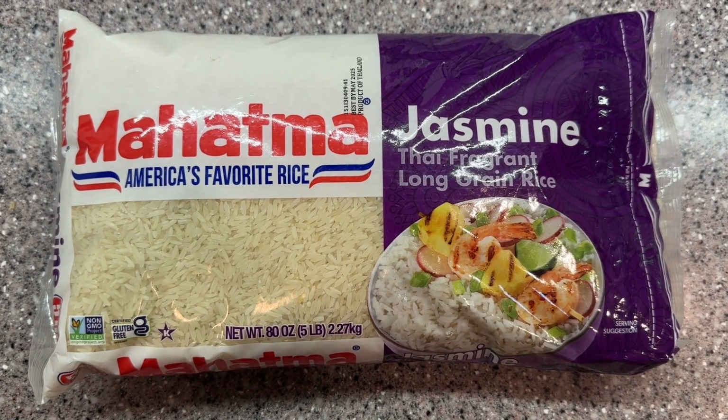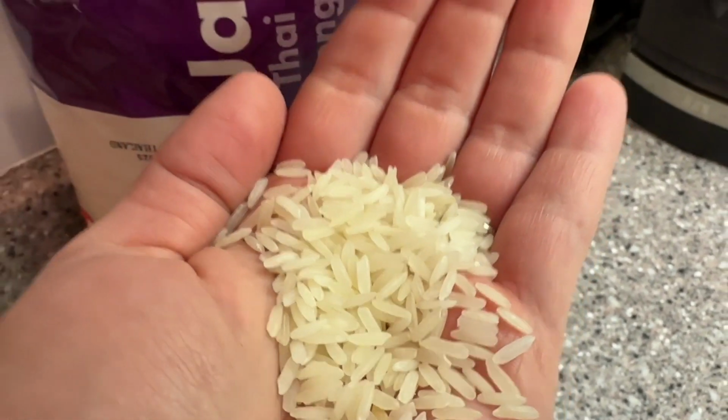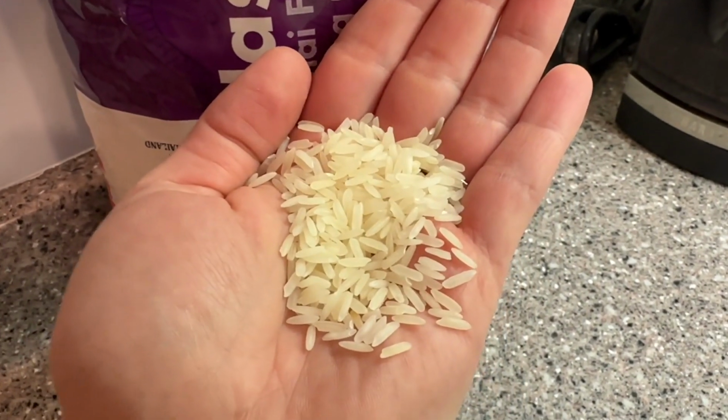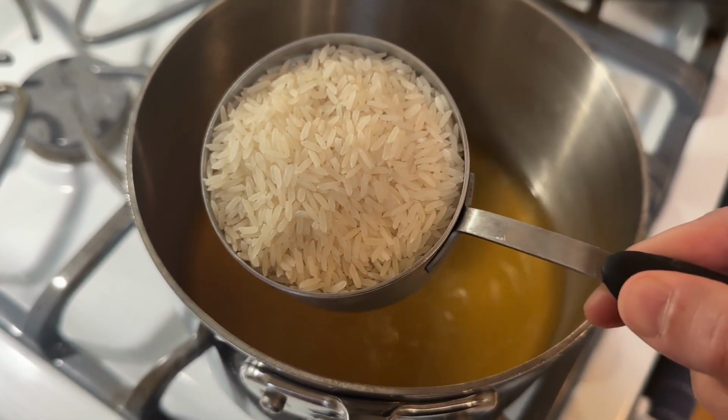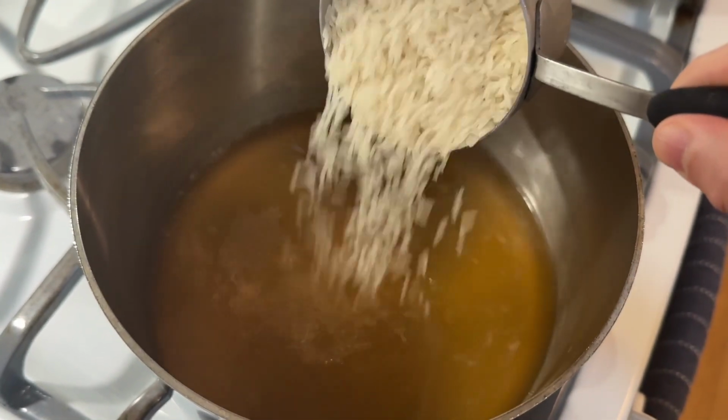So this is such a flavorful and delicious rice. And I also appreciate that it is a non-GMO product. So this is such a nice rice because it always cooks up really, really well. Whenever I follow the instructions for the ratio of water to rice on the package, it comes out perfect every